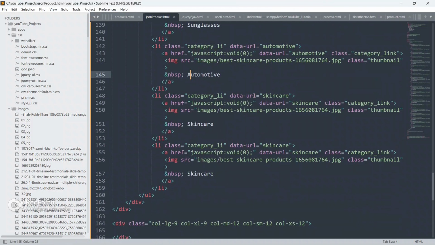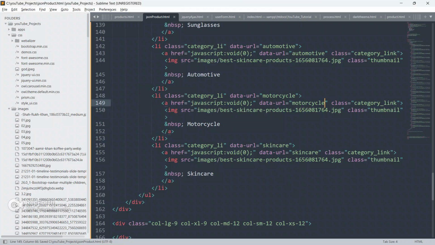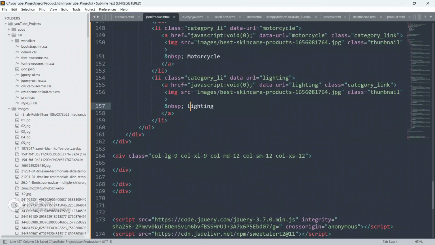Okay, so automotive, motorcycle. Change the data URL also, and lighting. Paste it here, paste it here also, and paste it here also.